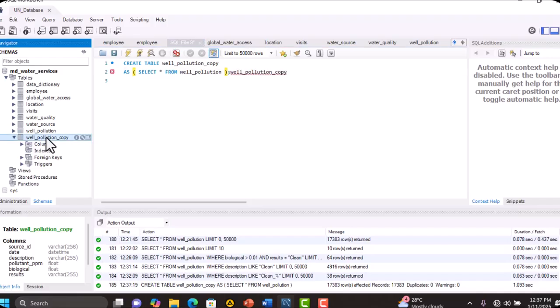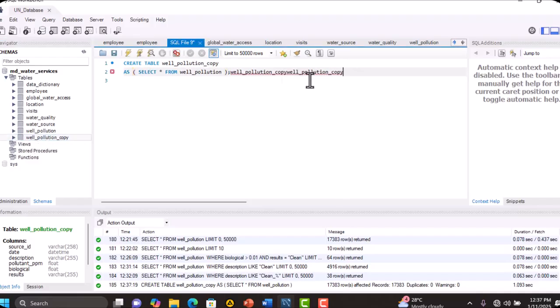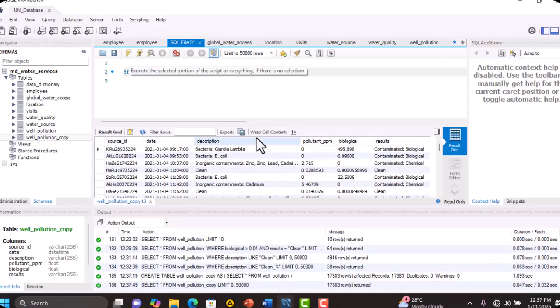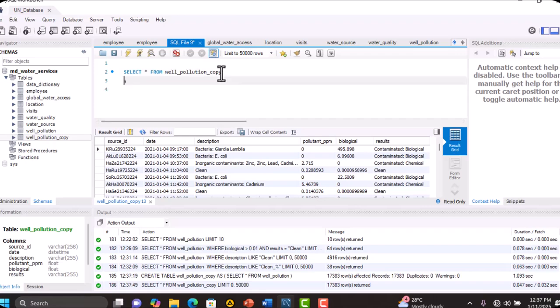So now, whatever I have to do, instead of using well pollution, I'll use well pollution copy. If I do this from well pollution copy, this will give me this, and I can still continue with what I was doing, where biological is greater than 0.01